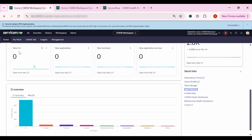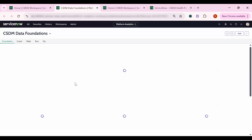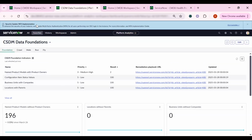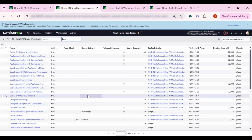Navigating back to the home page of the workspace, if we want to go over to the management tab, we'll see over here we have access to the CSDM data foundations dashboard. There's been some improvements made to the data foundations metrics in order to improve performance. So if we want to go to the get well metrics for CSDM CMDB,